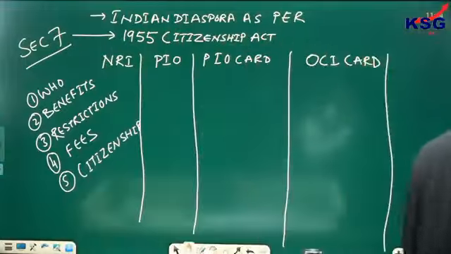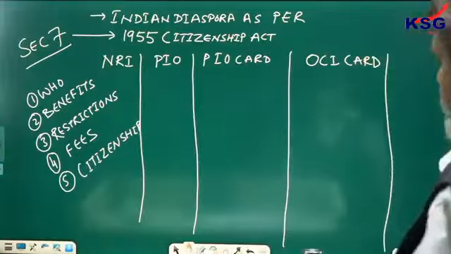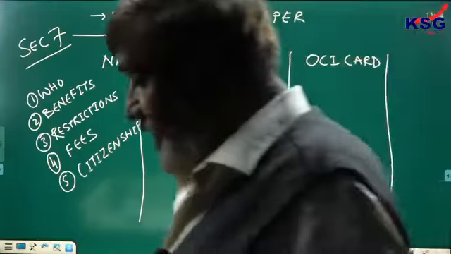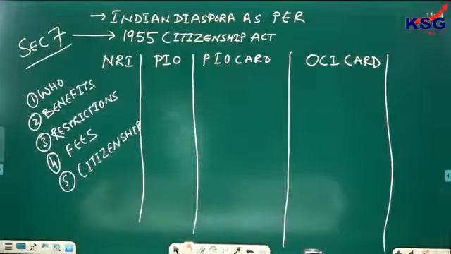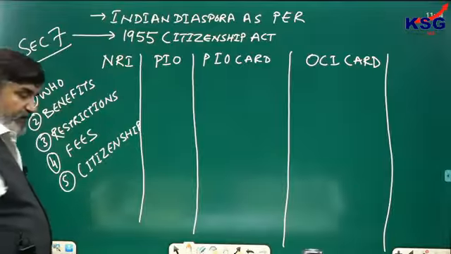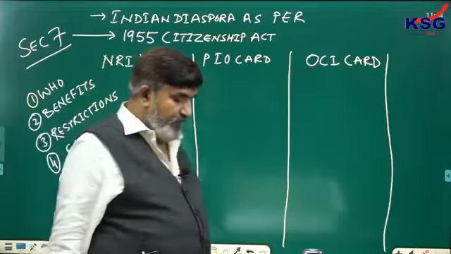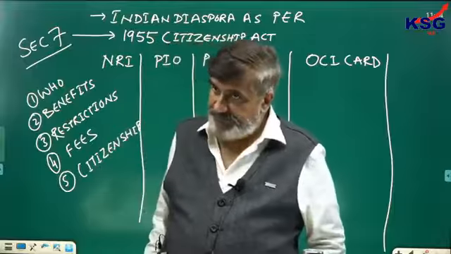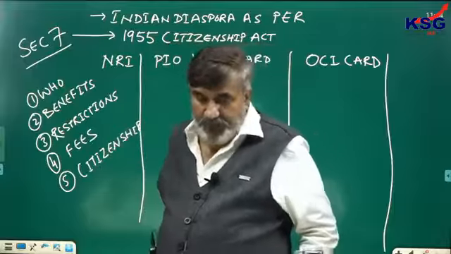Now here a word of caution. Don't think that it is only the neighboring countries. Recently, till the time this card was in use, the government of India also put Iran in this list because